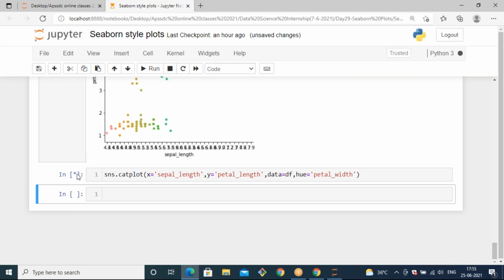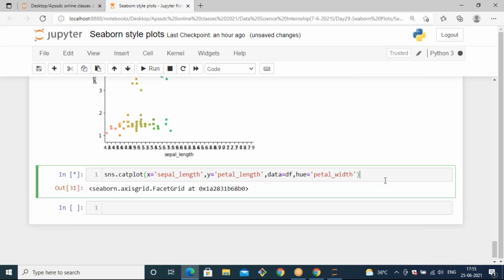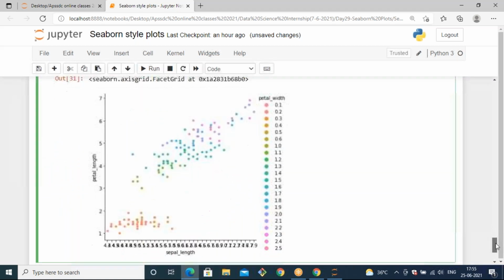See, it's still running because it takes time, as petal width has 150 rows. You can see it will generate colors like this.